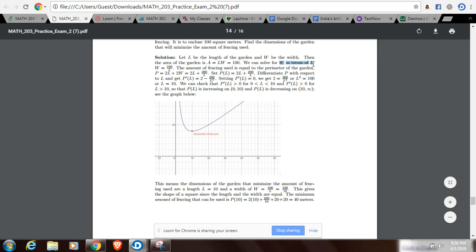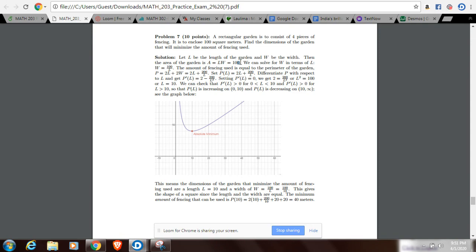We can solve for W in terms of L. W is 100 over L. The amount of fencing used is equal to the perimeter of the garden. So that's just 2 times the length plus 2 times the width, or 2 times L plus 200 over L. And so perimeter is now a function of L because the restriction on the area, setting the area equal to 100 square meters, meant that